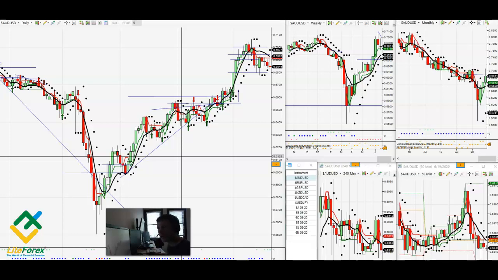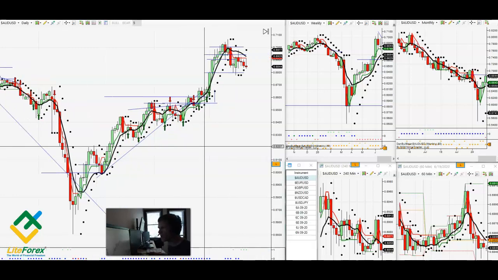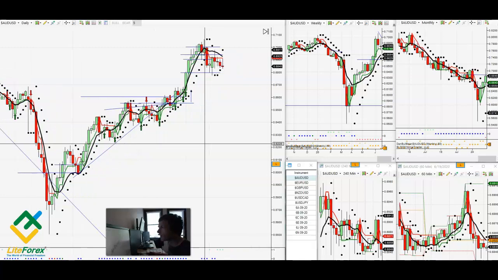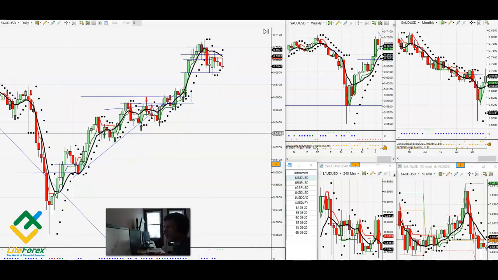I'm going to break down the Forex pairs starting with Australian USD. It is June 19th, just after market close on a Friday. We're going to do the weekend breakdown for these pairs, so let's get into it. Okay, so the Australian USD,